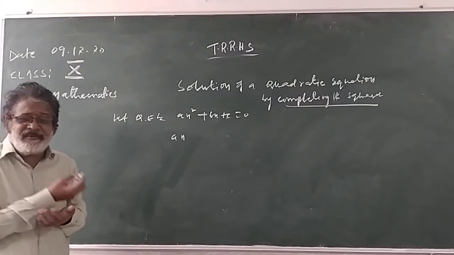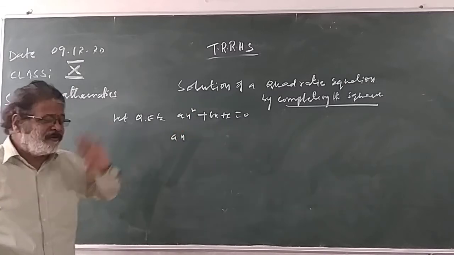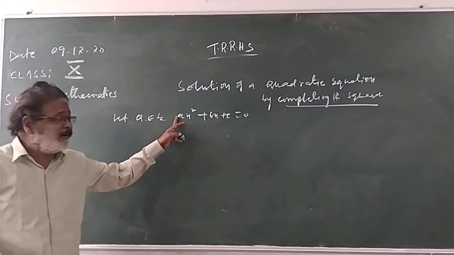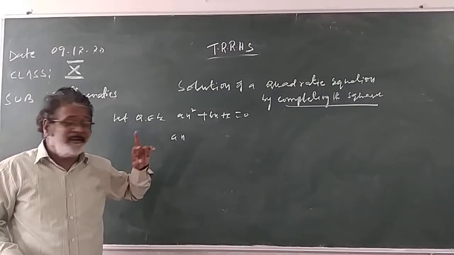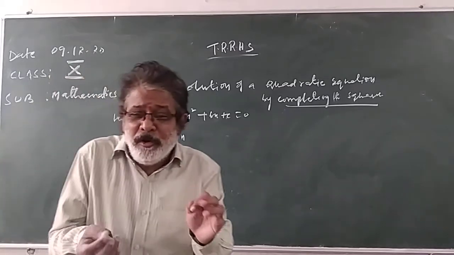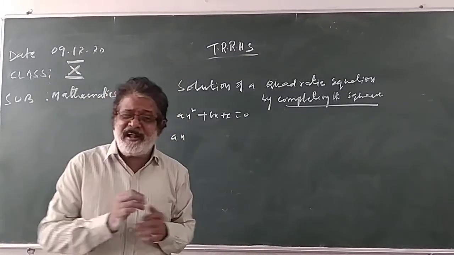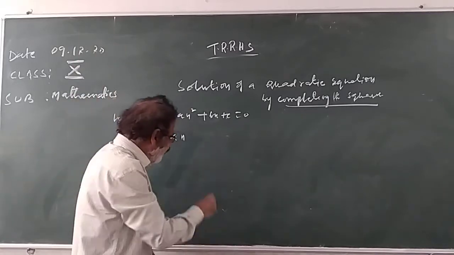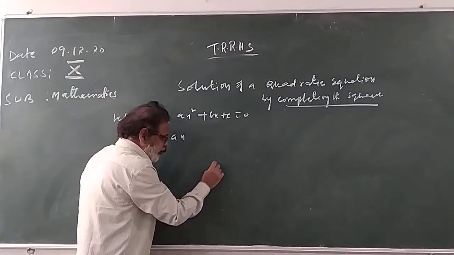Whether the second degree term is a perfect square or not, this is the first term. This is a perfect square, but a is not a perfect square. a to the power of 4, a to the power of 6, a to the power of 8, the power is an even number, it is a perfect square. How to decide whether it is a perfect square or not? When the power is an even number, it is a perfect square. For example, a to the power of 8, x square, x to the power of 4 is a perfect square.